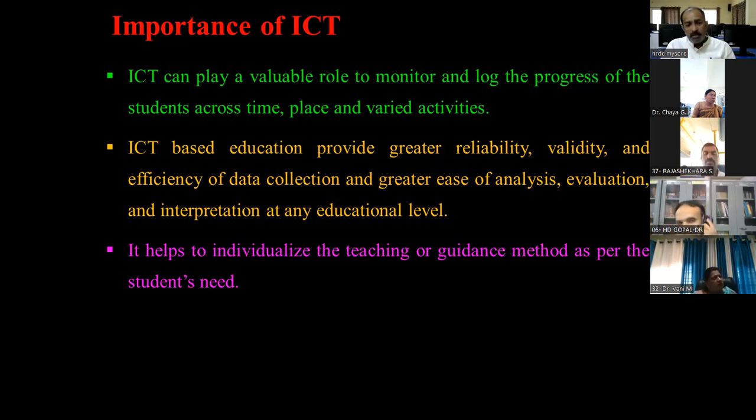Then they tell you to take additional classes, supplementary classes, and so on, to make them learn better and become successful in that particular course. So that's how, with the support of ICT, we can concentrate on the class of students called slow learners, who need more time for learning and understanding.